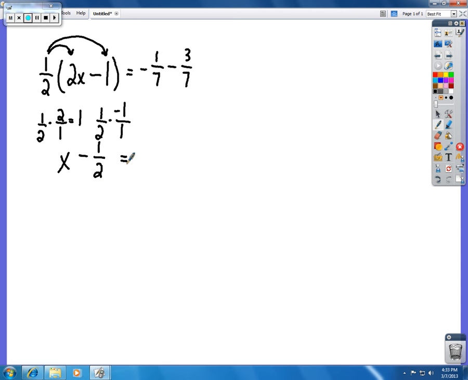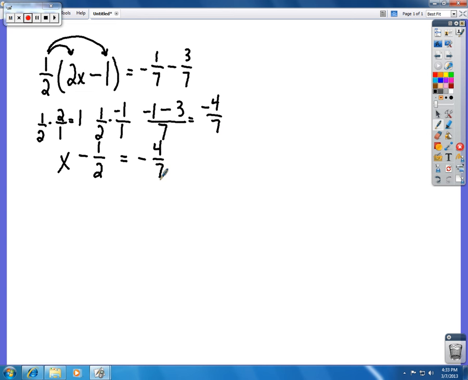And then on this side, I'm going to go ahead and combine my terms here. So I've got a -1/7 minus a 3/7. When you're dealing with subtracting fractions, if they have the same denominator, then all you have to do is do the subtraction in the numerator, and then it all goes over that same denominator. So -1 minus 3 is -4 over 7. So this is now